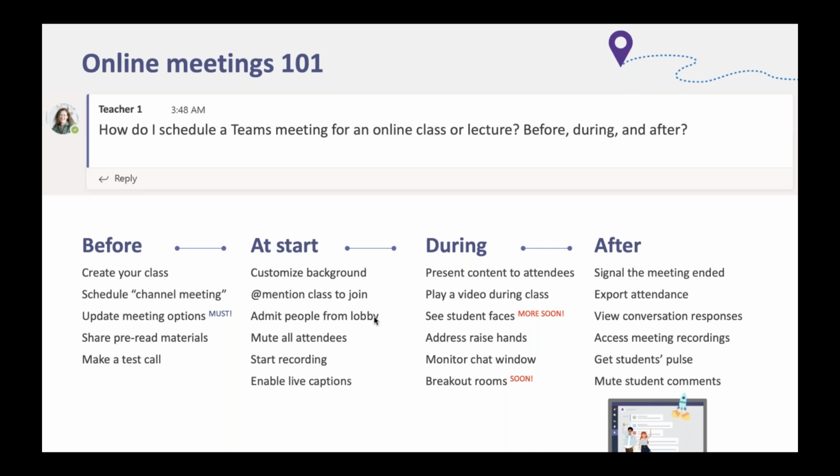During the meeting, you can present the content you've got by sharing your screen. You can add links into your chat and get your learners to click on them, and then they can look at that link while you talk over whatever that document or link is. You can play a video. You can see student faces if that's switched on. Right now it's just gone up to 9 faces and soon it's going to be 49, but Stuart will talk a bit more about that.